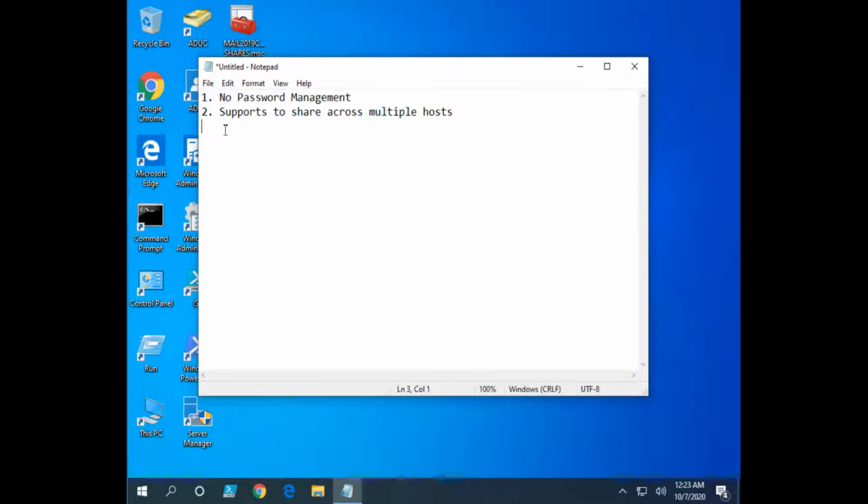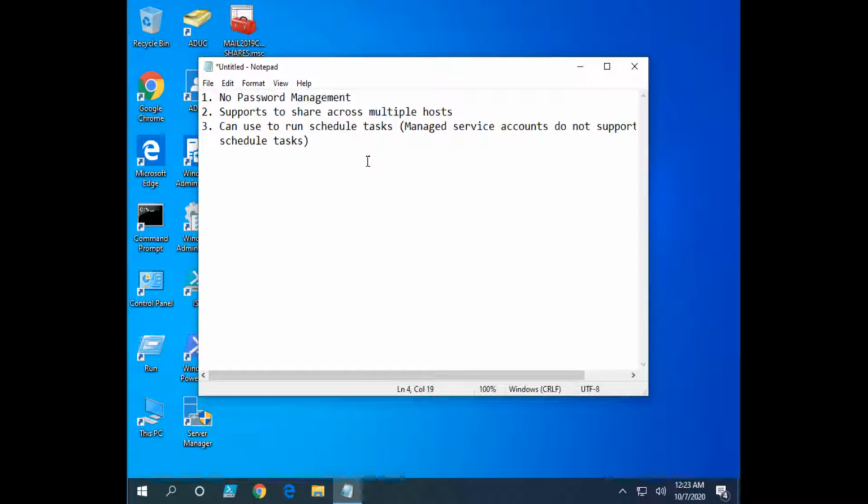Another advantage, you can use it to run scheduled tasks, okay? Simple managed service accounts, and even just service accounts by themselves, do not support running scheduled tasks. Not completely. You can do some things, but there are some things that don't work properly with a standard service account when running a scheduled task. However, you can overcome some of those limitations by using a GMSA. Okay, it's more secure